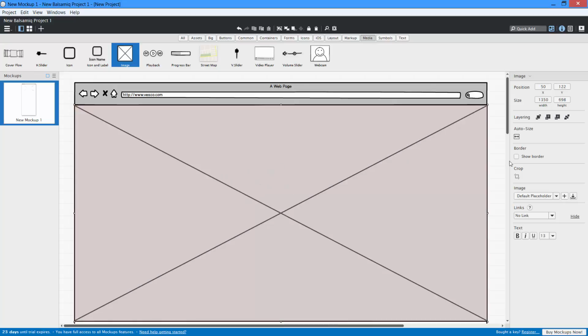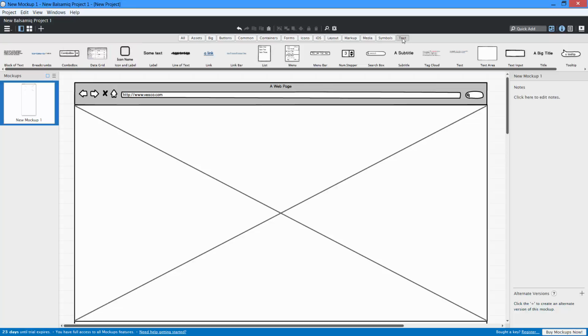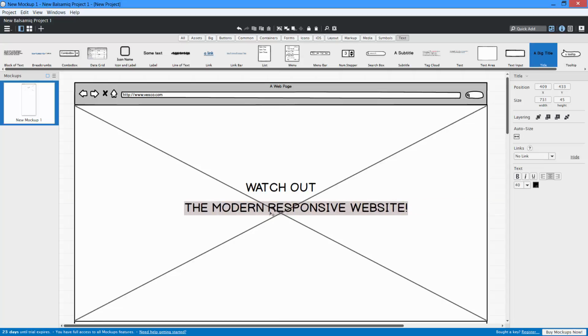Next, I need to add some headings for my home section, and to add headings, I will navigate to text elements and select this big heading title element. I will change the text for this big heading title. I will copy it and add it one more time. I will align it to the center.